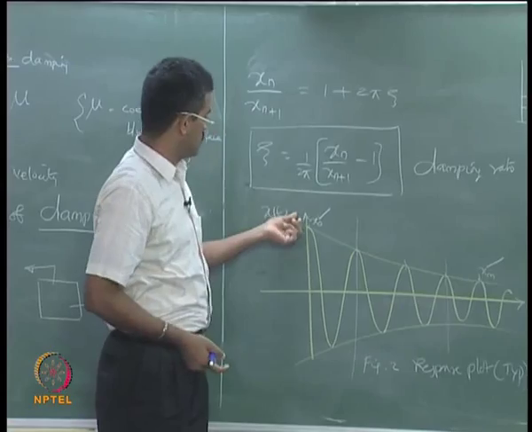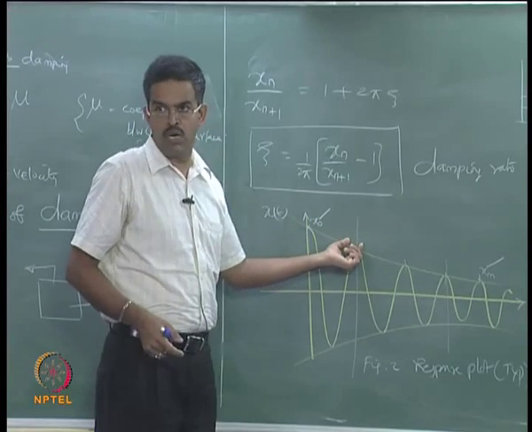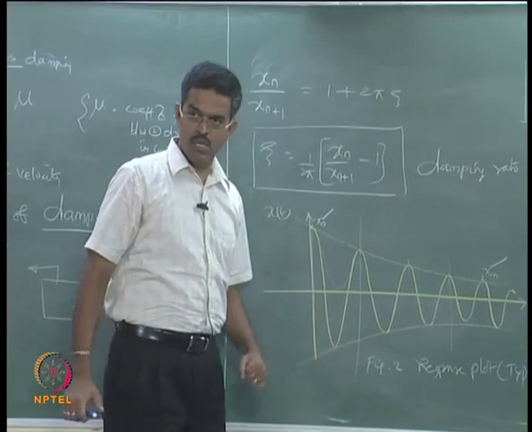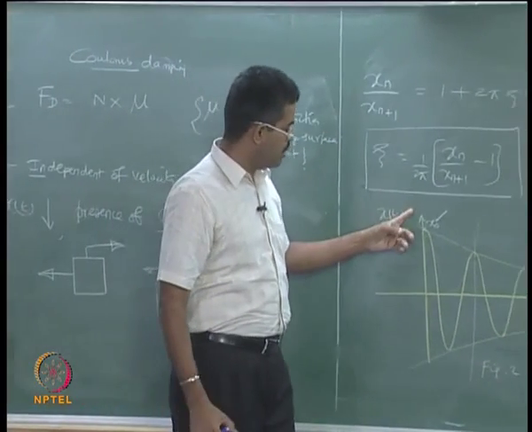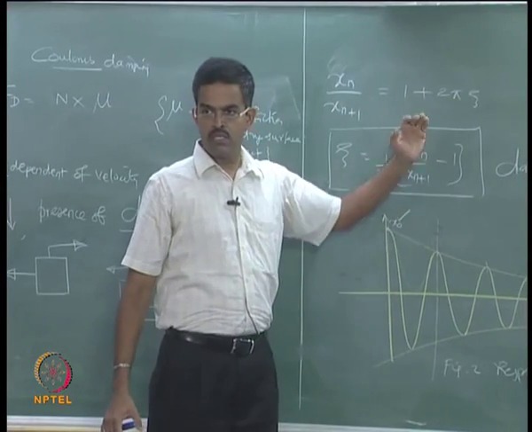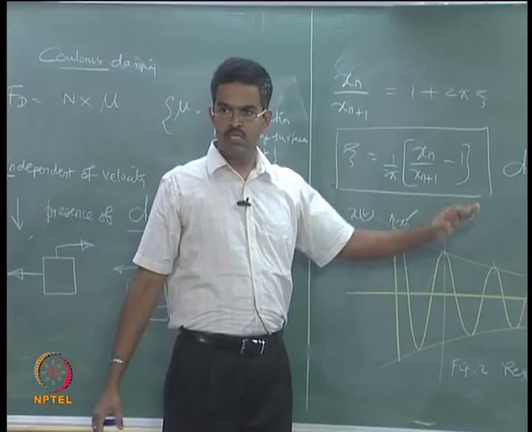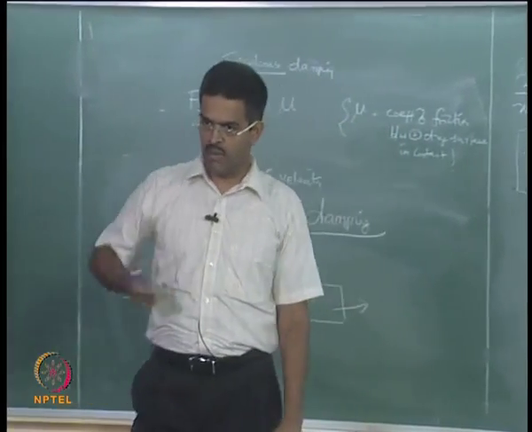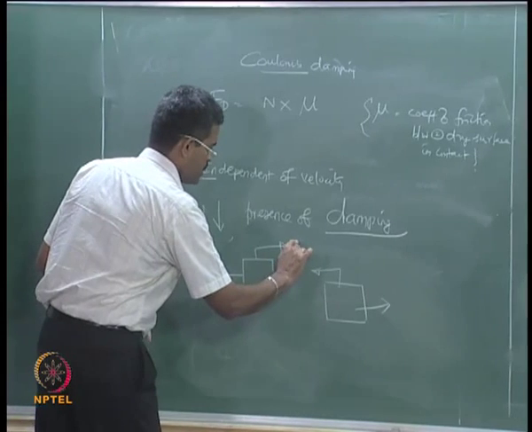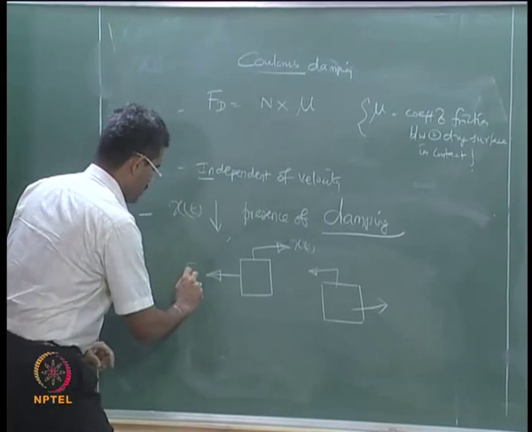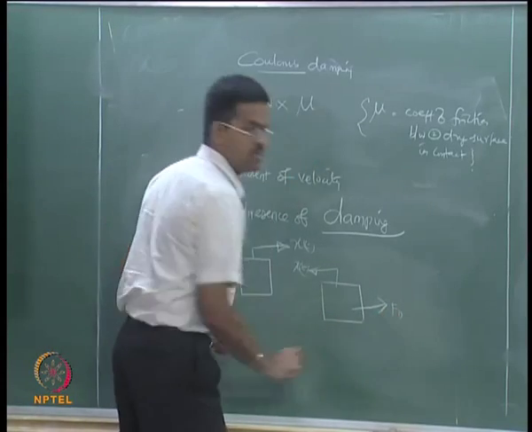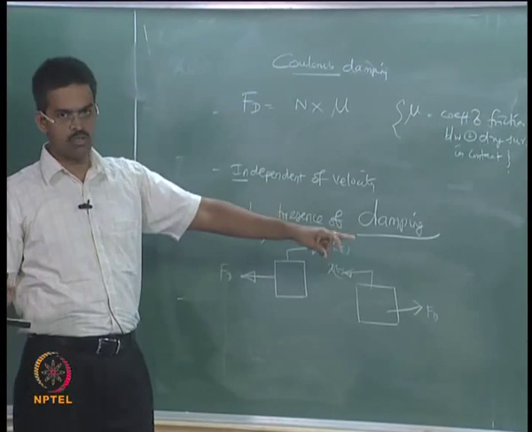If you look at only x0 and x1, you possibly thought that the variation was simply like this, you never know it is coming down to negative. When you look at x0, x minus 1 and x1, you will realize that the damping is changing sign, I mean the force is changing sign also, the response is changing its cycle, right. So, we look at the half cycle. If this is my response, this is my damping force, and if this is my response, this is my damping force. That is what we understood from this figure.